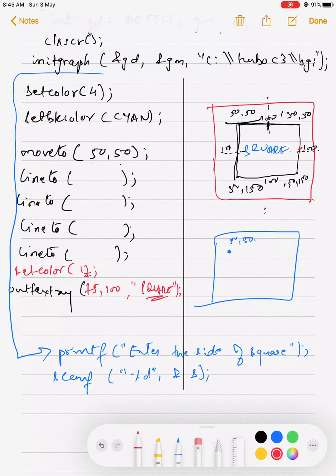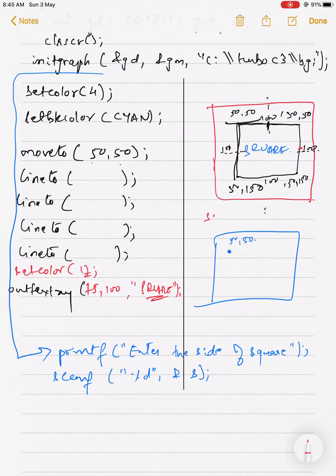from that I am writing, say s in output you have mentioned 100. So what you are going to write, s plus 50, 50. Okay, s plus 50 मतलब ये हो गया आपका 150, 50. Then you are going to write s plus 50, s plus 50. Okay, then you are going to write 50, s plus 50, 50, 50.